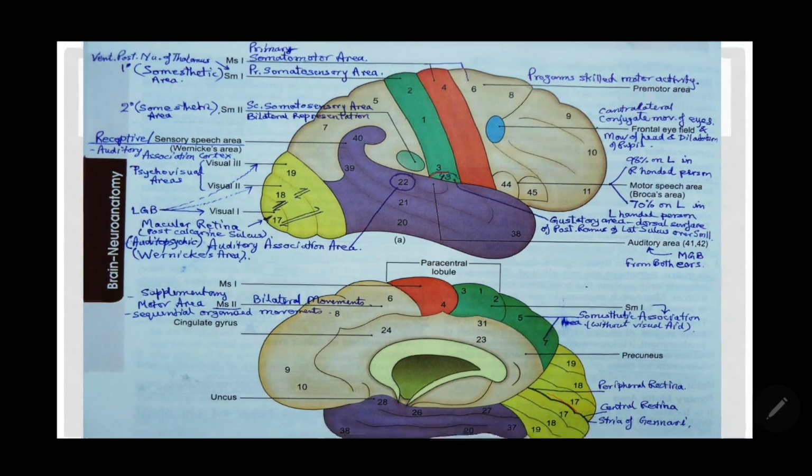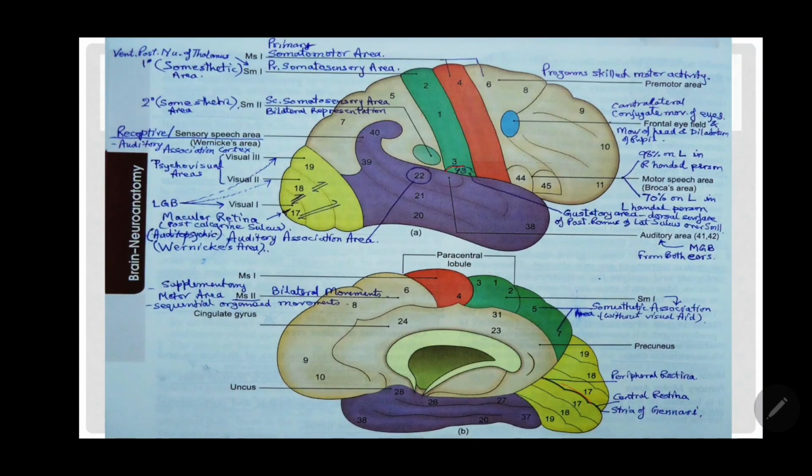And then what special sensation is left is olfactory sensation, although that has been taught to you with the olfactory nerve. In this area, you see the inferomedial portion of the parahippocampal gyrus, anterior part, that's called rhinencephalon. It includes the piriform area and the hippocampal formation, and the primary and secondary areas.